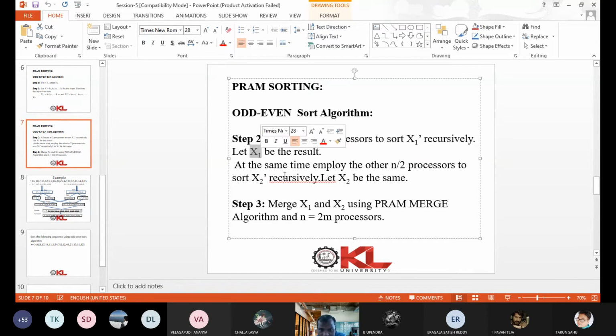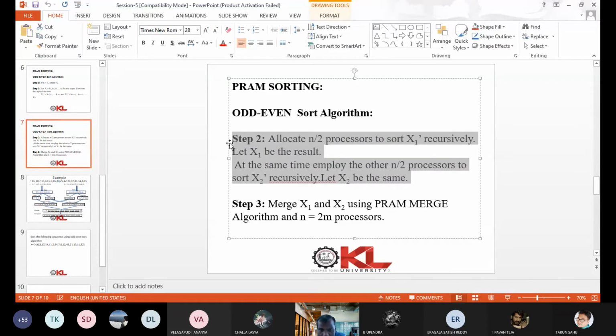At the same time, parallelly, we employ another n by 2 processors for sorting X2 dash. So the result will be X2. Now after step 2, we have 2 sorted lists. One is X1, another one is X2.